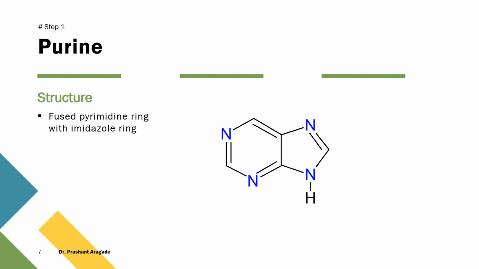Like this. Then you have to number purine like this, because it has a unique way of numbering. First you have to number the pyrimidine heterocyclic ring and then continue the numbering on the imidazole ring like that. So the fused carbon atoms also have numbers. First you number the whole pyrimidine ring and then give the numbering to the imidazole ring. So this is how you can number purine. The fusion of pyrimidine with the imidazole ring forms the purine heterocyclic ring.